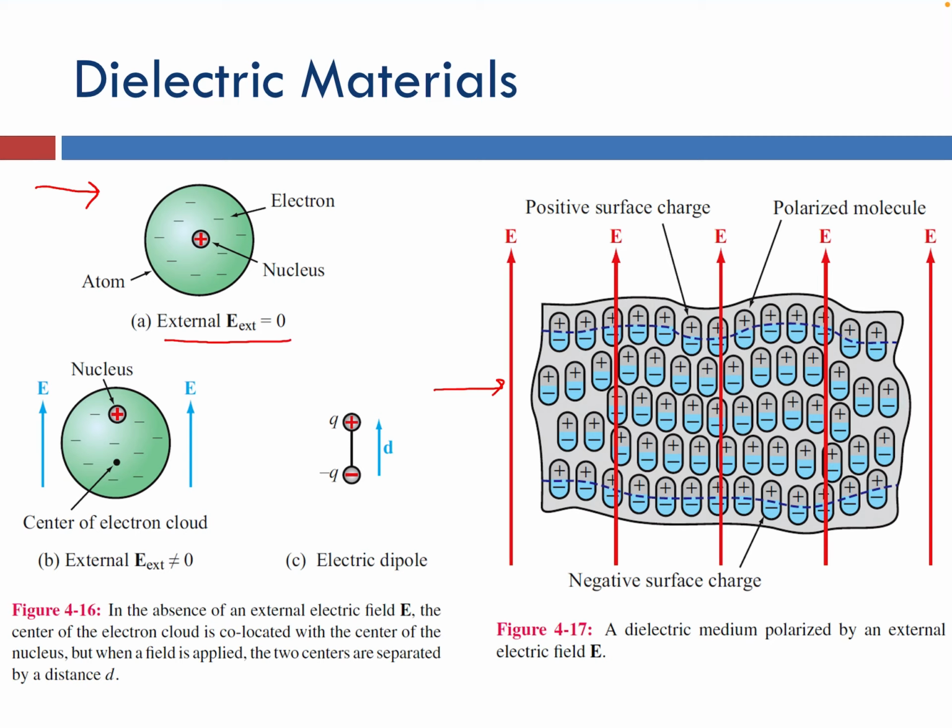And once an external applied field is imposed on the material, this charge will rearrange itself because of the electric forces that the charges experience. But because they are bound to each other, they do not have enough energy to break free, and they stay in this charge configuration